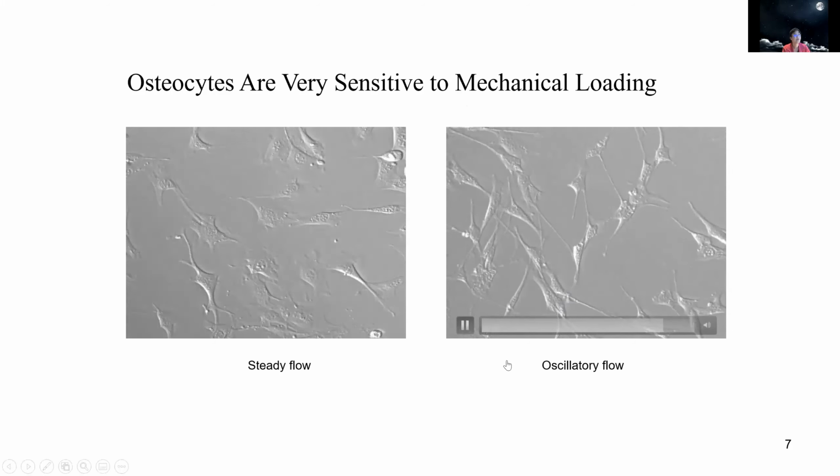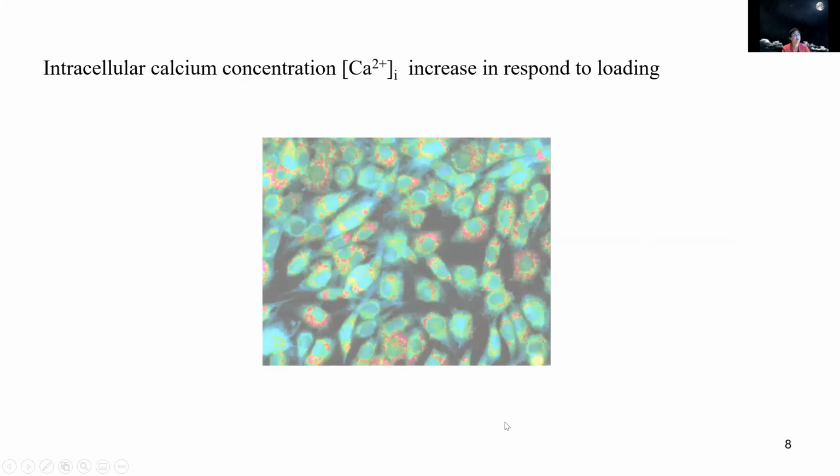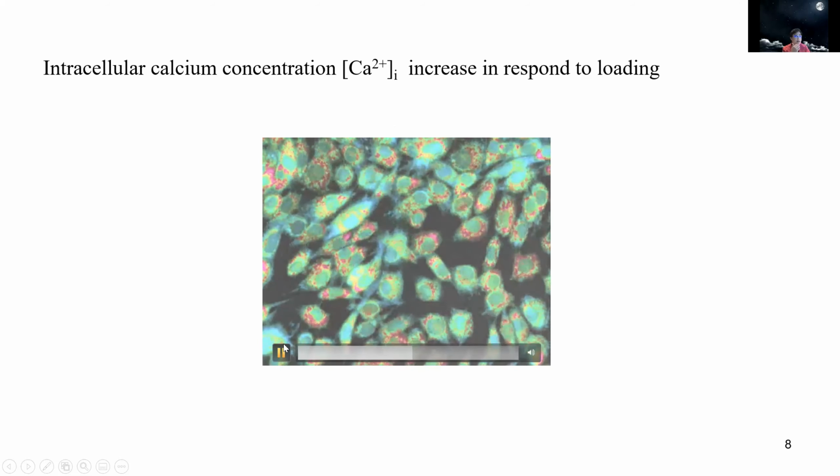One of the early signals that bone cells respond to mechanical loading, the second messenger we're looking at here, is the intracellular calcium mobilization. So once you apply loading, could be shear stress, could be pressure,